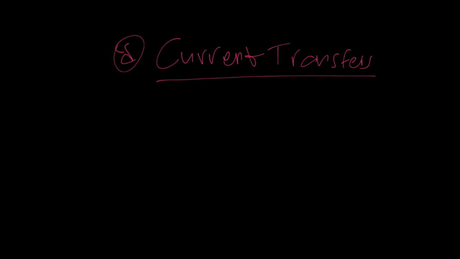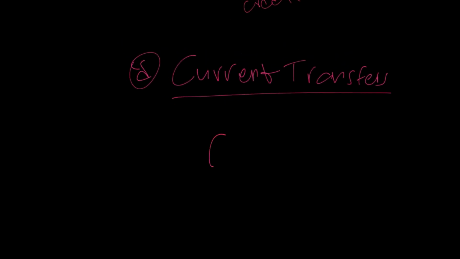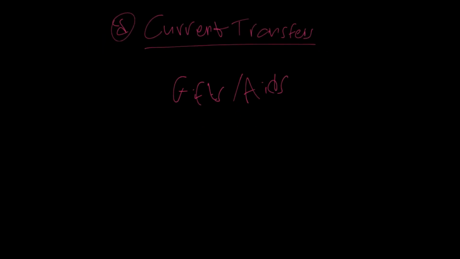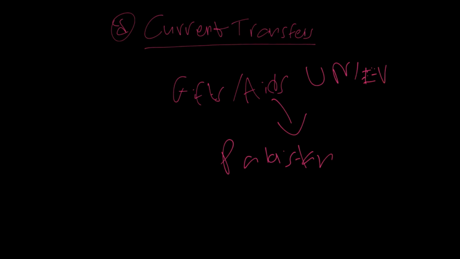And then the last part of the current account is known as current transfers. In this account, we consider all sorts of gifts, right? Gifts from organizations, gifts or aids. These are the two main things included in this part of the current account. So let's say Pakistan receives some aids or gifts from, let's say, the UN or the EU. This will be considered as a credit